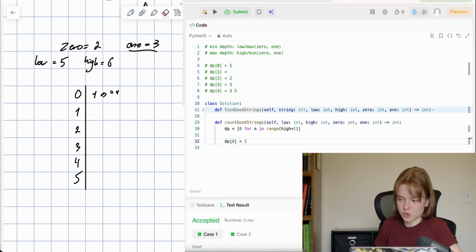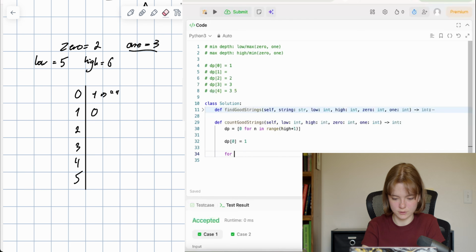For 1, we check, do we have 0 or 1 equaling 1? No. Do we have 0 or 1 equaling 2? Yes. So I believe for I in range, until we get to the minimum of 0 or 1.